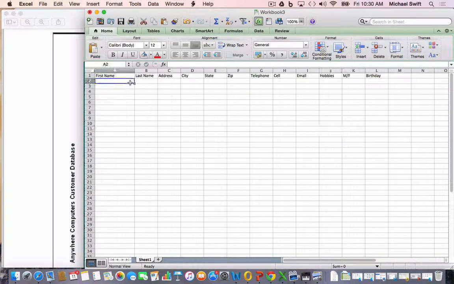This is where you can start making up customer names and addresses, and you can make it up here, so don't spend too much time. We might say John is the first name of our first customer, the last name Smith, and you can put whatever you want here. Address 3456, city La Mesa, state California, zip 91942, telephone we'll go